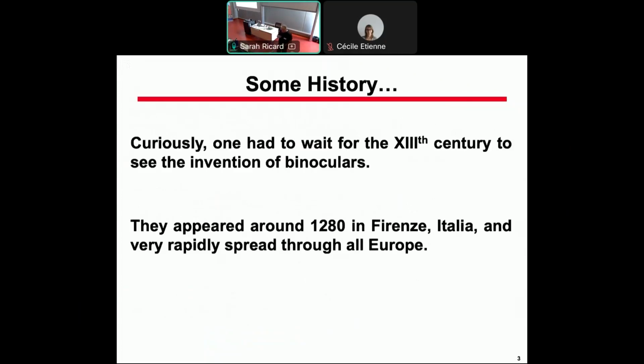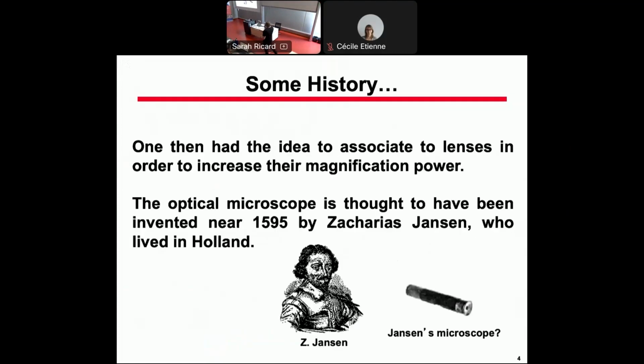We had to wait for 1,300 years to invent binoculars, which very rapidly became very popular throughout Europe. And obviously, then came the idea of associating lenses. There is a debate about the invention of the microscope by Zacharias Janssen, not 100% sure. The interesting thing is that this guy is not a scientist. He's working in textile. At that time, single